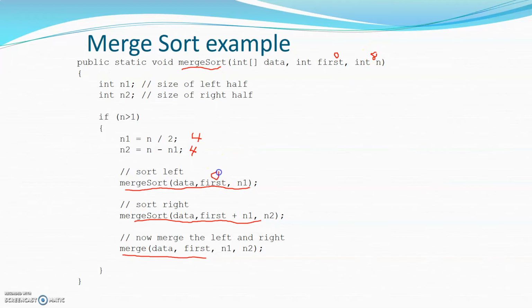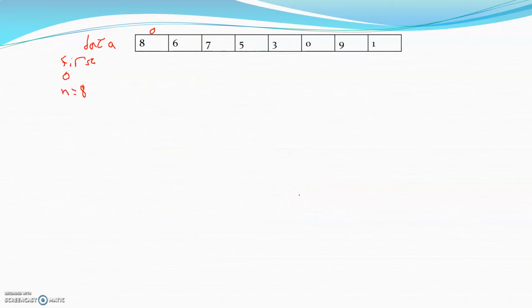So 0 would be here, n1 would be the number of pieces of data. So this is actually going to call merge sort, but I just want to take a look at the second piece first. So the first, which was 0 plus n1, so this part here is 4. This part here is 4, meaning that that's where we're beginning. That's going to be the first, and the value here is 4. So we're beginning in terms of this whole array. That first call to merge sort is being done, and so then it goes in and it will